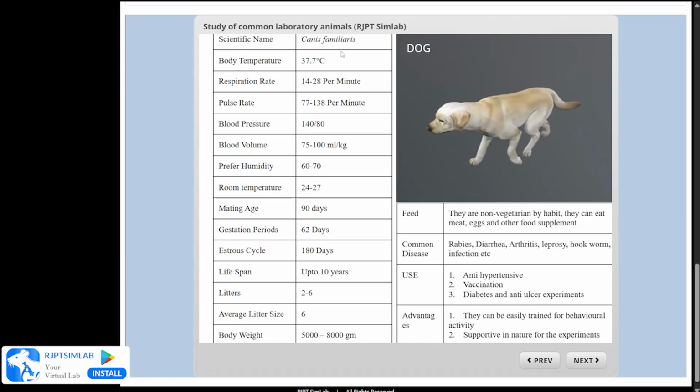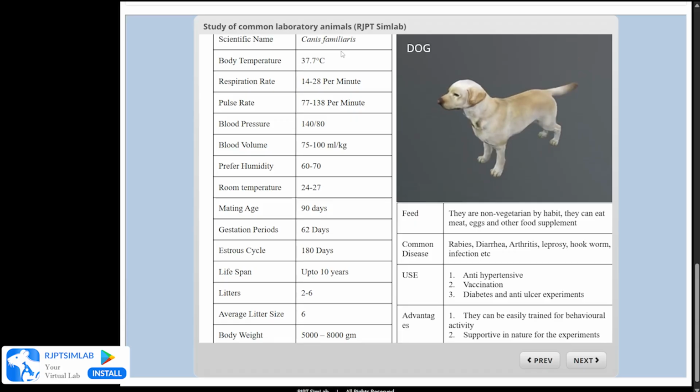The feed or the food that a dog can eat: they are non-vegetarian by habit. They can eat meat, eggs, and other food supplements. The common diseases that a dog can acquire are rabies, diarrhea, arthritis, leprosy, hookworm infection, etc. The uses of dog in pharmacological experiments are for the study of hypertensive drugs, vaccination, diabetes, and anti-ulcer experiments. The advantage of using dog is that they can be easily trained for behavioral activities and are supportive in nature